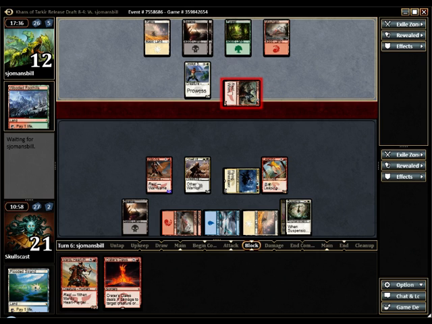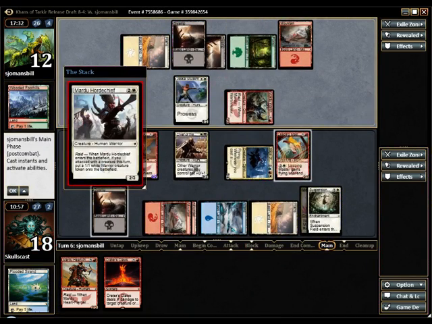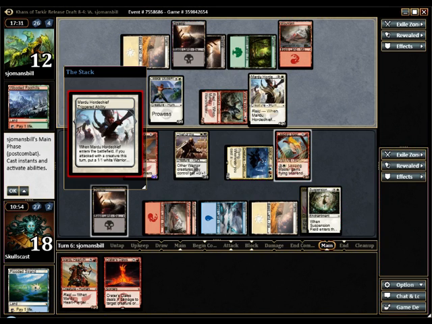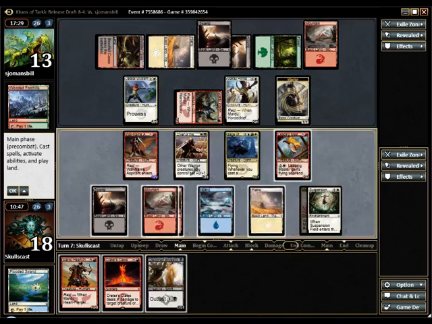He wants raid, I think, is what's going on there, but... What for? Oop. Mardu Horde Chief. Okay. For gumming up the board even further. Okay. And a tapped land, which tells me Wrath turn is next if he does it, so... Okay. I would... Let's see. We can...